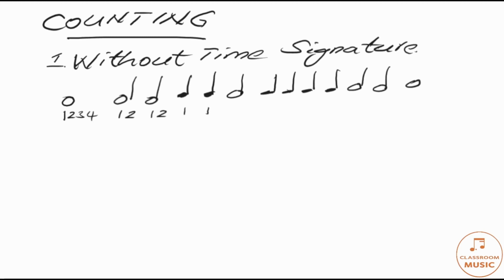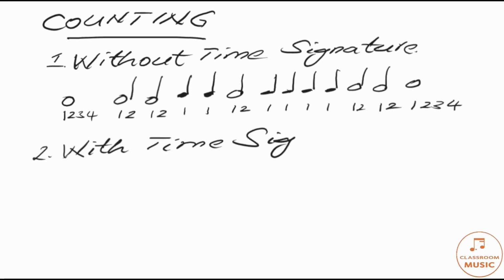1, 2, 3, 4. 1, 2, 1, 2, 1, 1, 1, 2, 1, 1, 1, 1, 1, 2, 1, 2, 1, 2, 3, 4. Now, since we have indicated the time signature at the beginning of the rhythm, we do